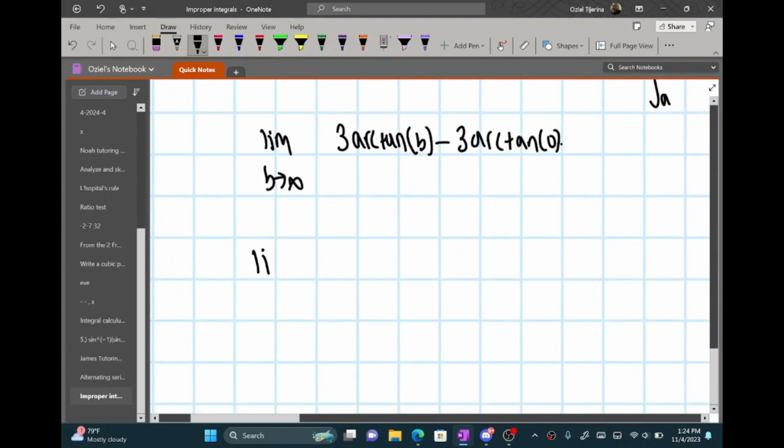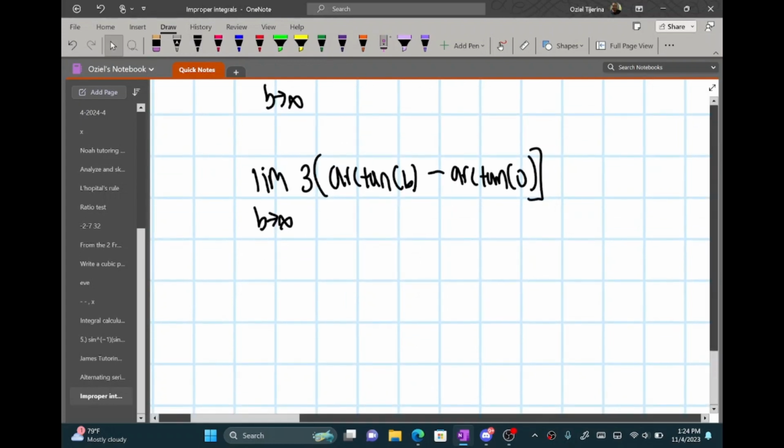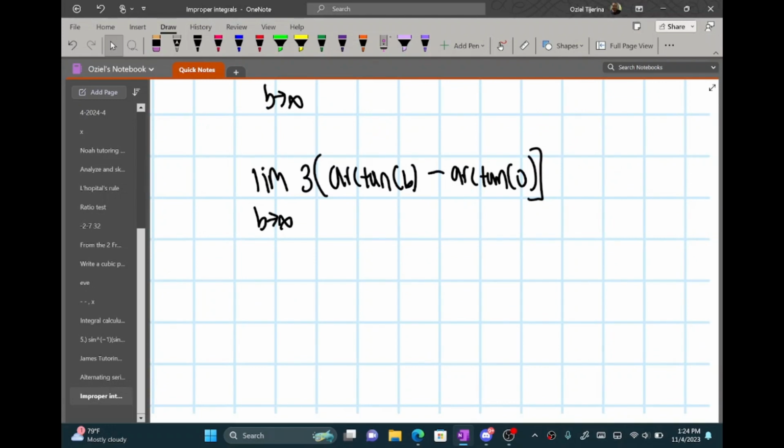So we're going to say the limit as b approaches infinity of 3 times the quantity arctangent of b minus arctangent of 0. And so this is going to end up being the following. 3 times the limit as b approaches infinity of